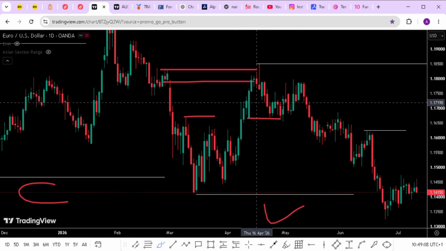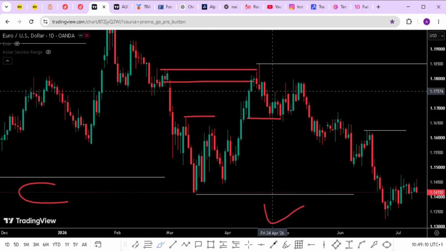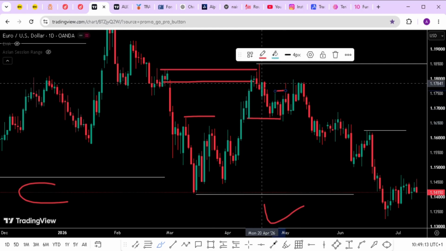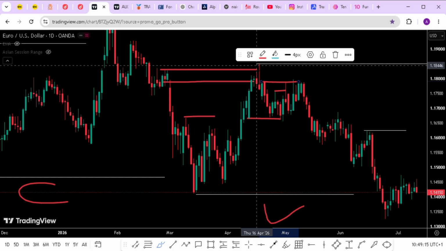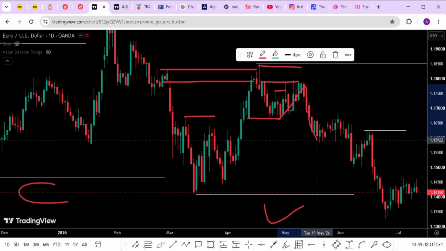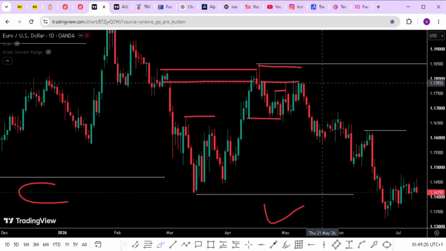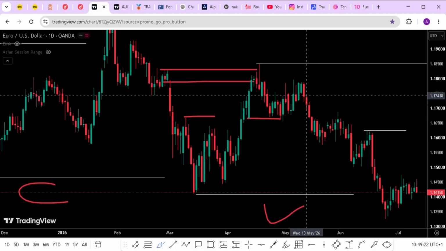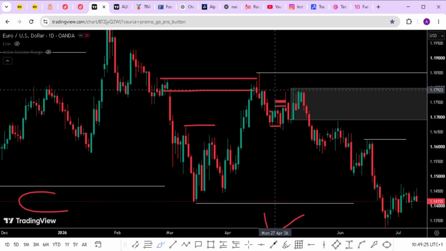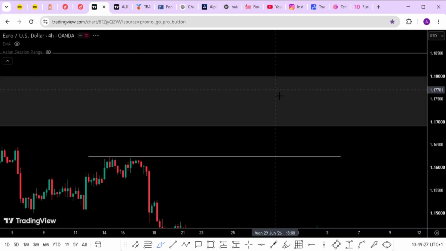So, and you can see that immediately market took out, market came back and used this as a POI and did what? Mitigate this up, the market start flashing down. So those are the things that you have to pay attention to. But what I did here is that I used 4 hours to execute this trade.